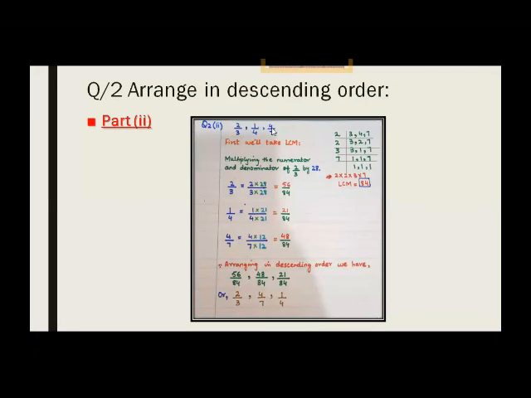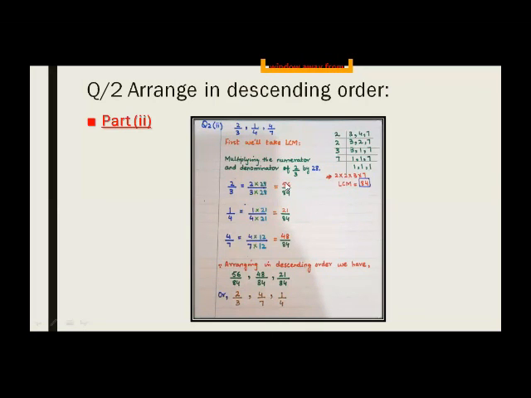Means in all these three given fractions, you'll have to multiply the denominator by a number to make its denominator 84. That is, multiply 3 by such a number that you get 84 in the denominator, and whatever number you multiply the denominator by, you multiply the numerator by the same number. Okay, now when you multiply 3 with 28, you will get 84, and see, 84 is our LCM. So the number is 28. So we multiply this 28 in the denominator as well as in the numerator.